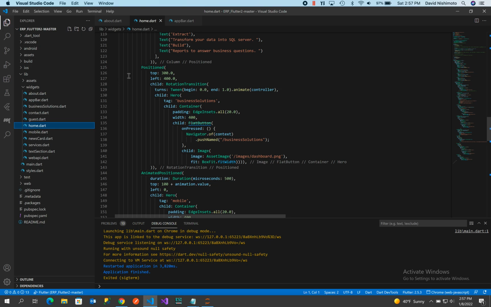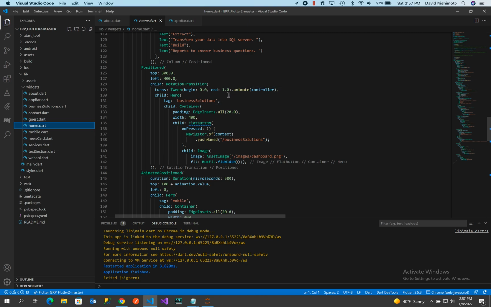Here we have a position, and instead of animating the position, we're going to animate a rotation transition. In this rotation transition, I have a tween, and I also pass in the controller.